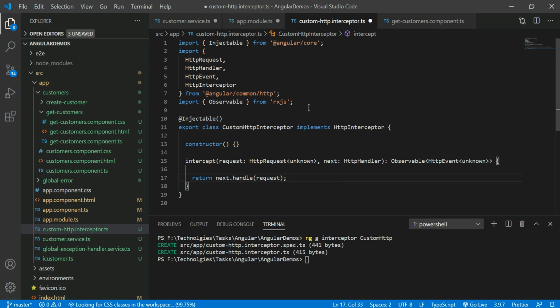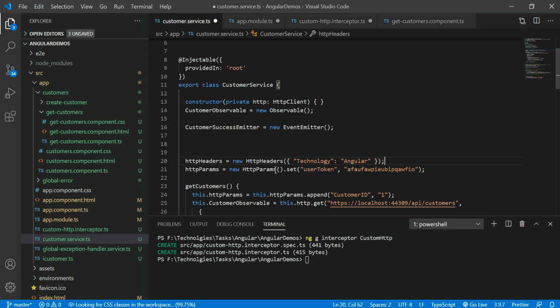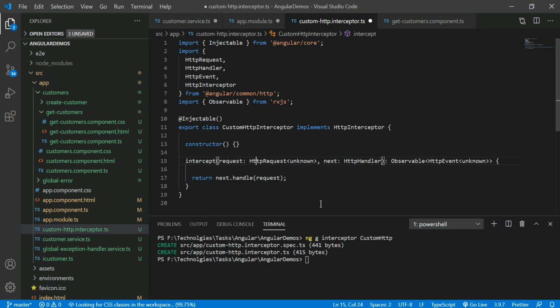Once you open this file, you see the intercept method here. It should be a method under the HTTP interceptors. This is the interface, and it accepts two parameters. The request is nothing but the API, whatever request I'm getting. Not only a GET request, you can say POST, PUT and DELETE operations, which are everything the request only.